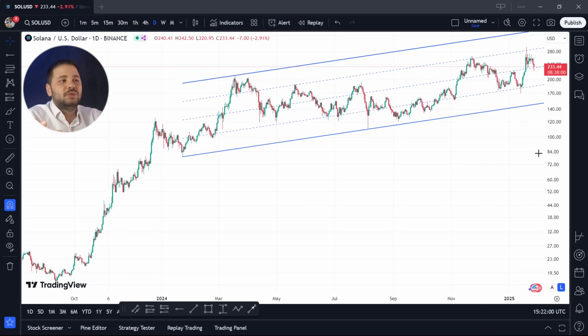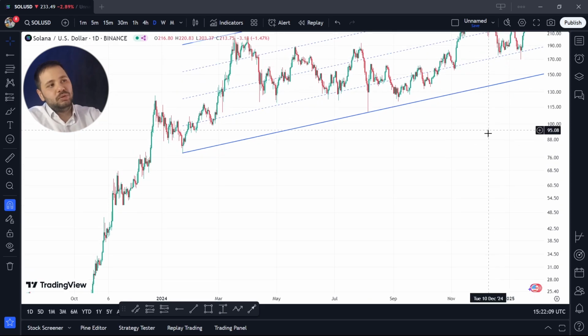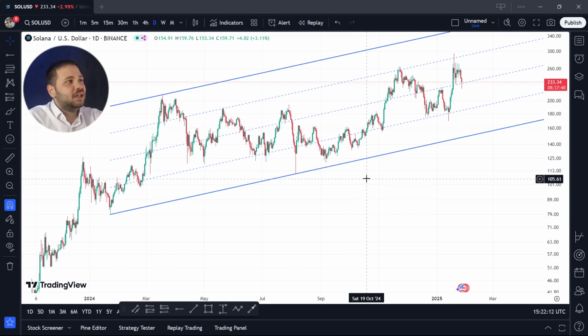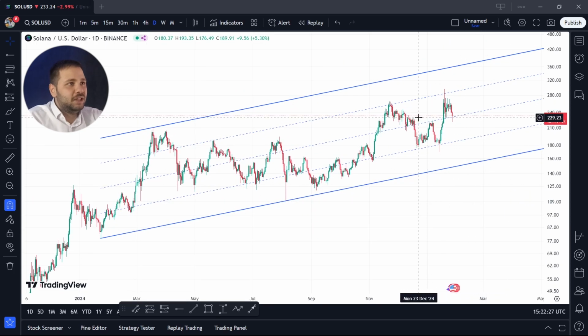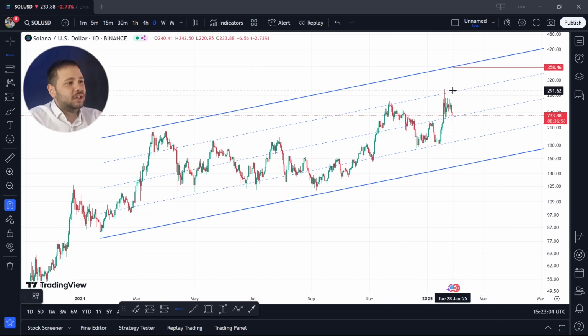In the logarithmic chart, 1.51. In the logarithmic chart, Solana has reached the midline of its channel. I might react strongly here and move toward $340, $350. In the daily time frame, the logarithmic resistance levels are